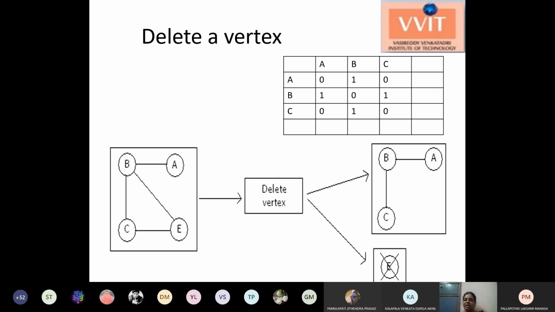We delete all the edges connected to the vertex. Then we become a graph like this: A, B, C. The E vertex is deleted. So in the adjacency matrix, we will delete the complete row and column of the E vertex. Then it will be treated that the vertex is deleted from the graph.